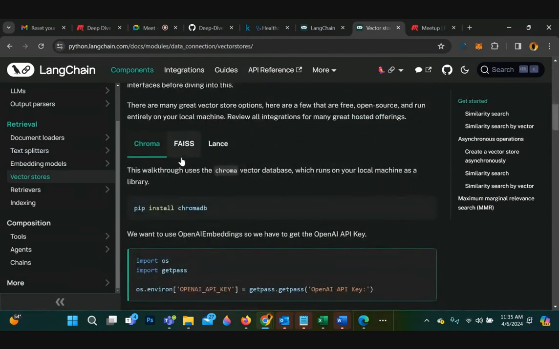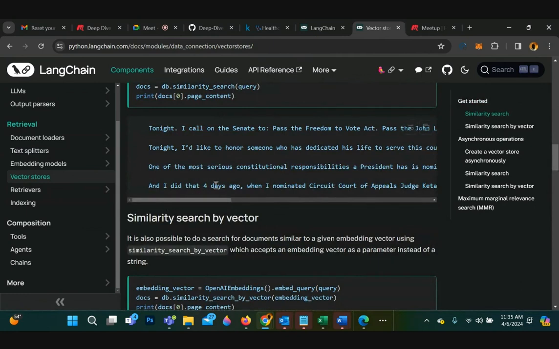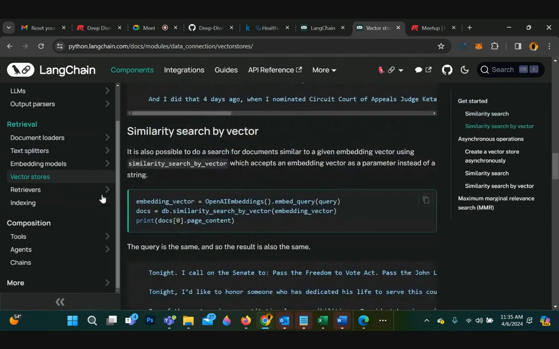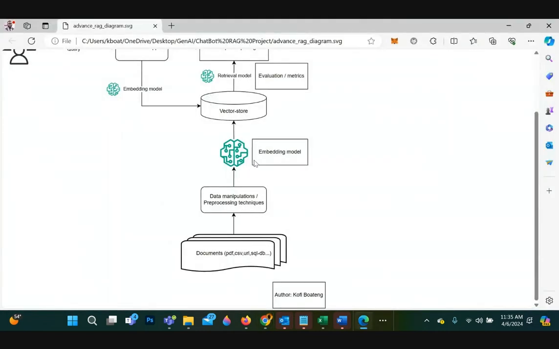Yeah, so they have Chroma, FAISS, and Lance, but we are using FAISS today. And it gives you a code snippet showing how you can store data and retrieve it. So that's the embedding aspect.